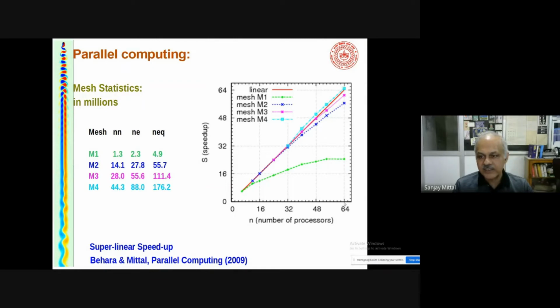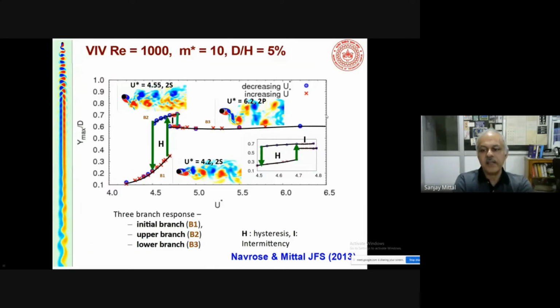That means on 64 processors, the code would run 65 times faster. But in fact, the interesting thing is if you do a good job, then you can utilize the cache effects and you can get a nonlinear or a superlinear speed up. Okay. So the code speeds up quite well. Okay, so with that tool in hand, now we can do fairly complicated flows, even though the Reynolds number is